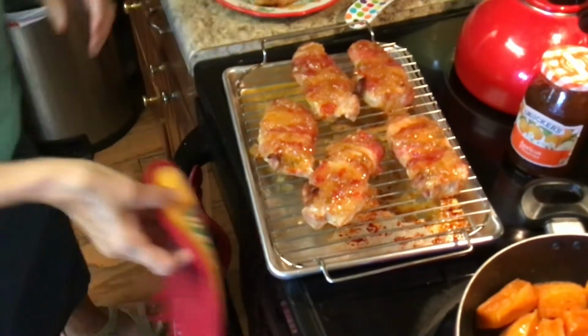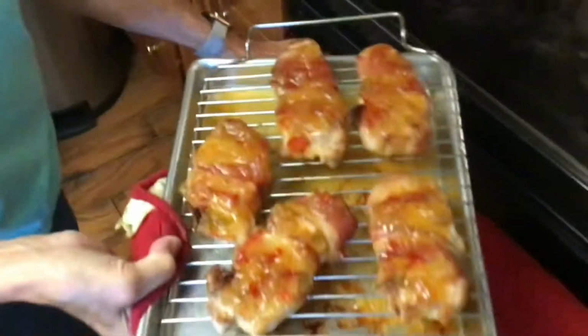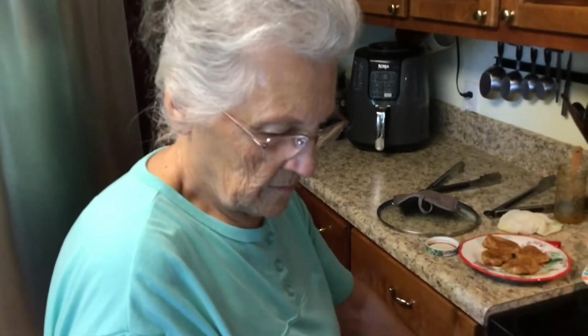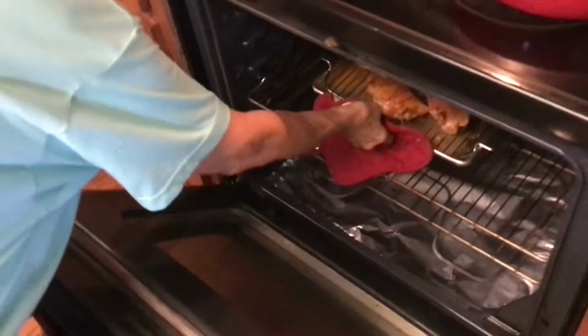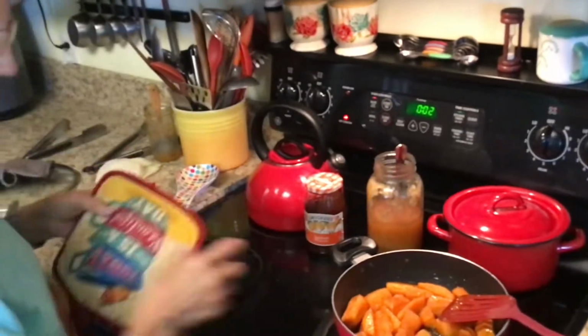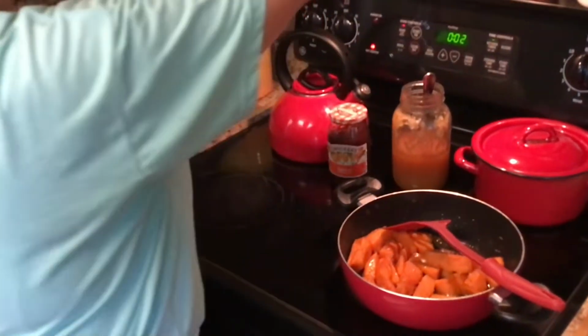Okay, now I'm going to slide it back in the oven for like, and if you can see all that juice in there from the bacon, and I didn't want my pork chops sitting in there. So I'm going to put it on 2 minutes. And then my potatoes are ready. Let me check my broccoli and see how it's,